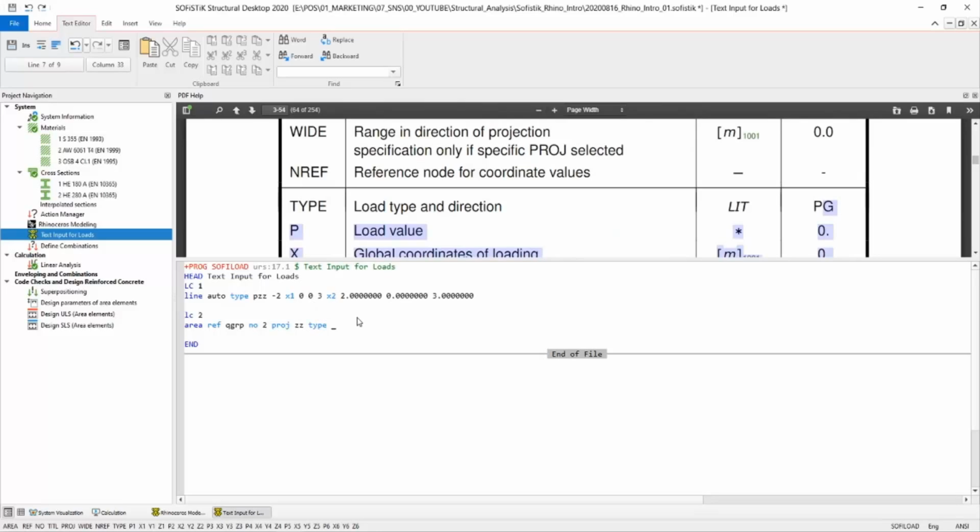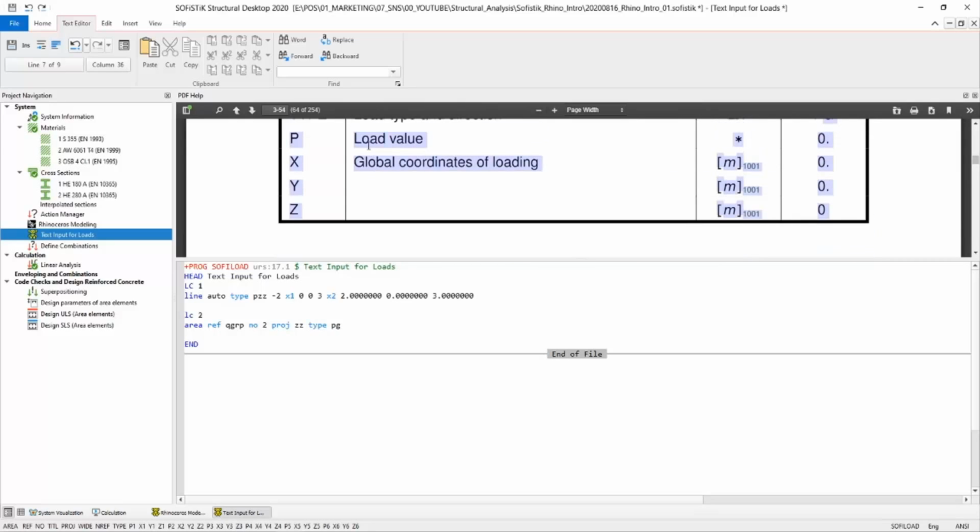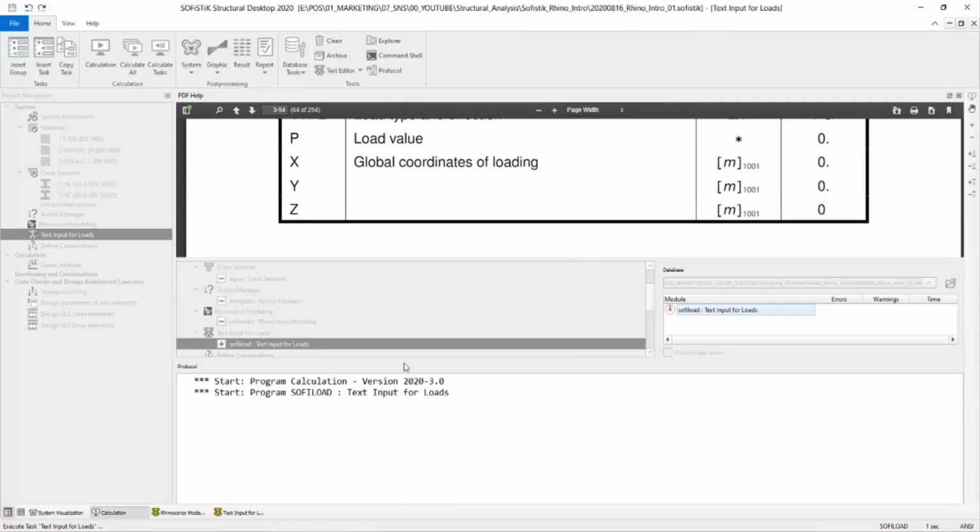So I'm just going to leave it at PG, and we're going to define the value. To define the value, we have to type P, and I'm going to define it maybe as P1 as the first value. I'm going to make it, let's say, minus 10, and if I calculate now,